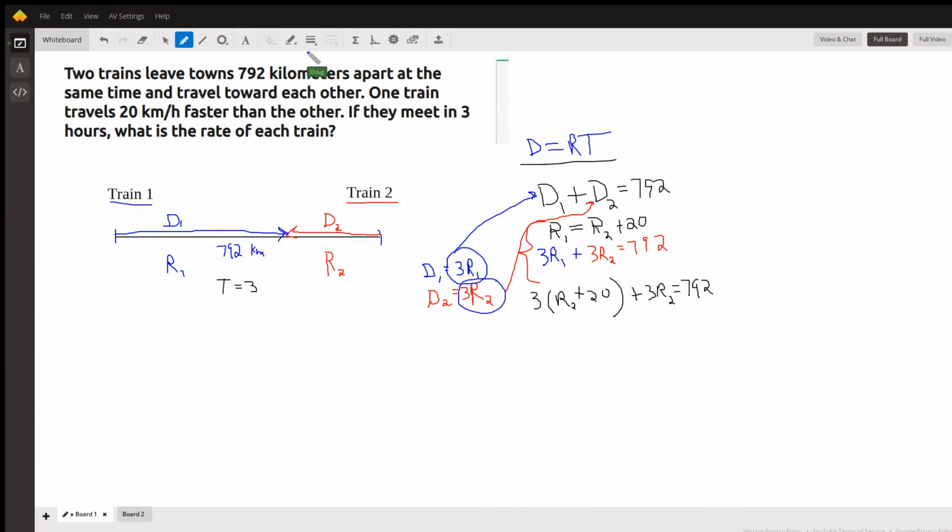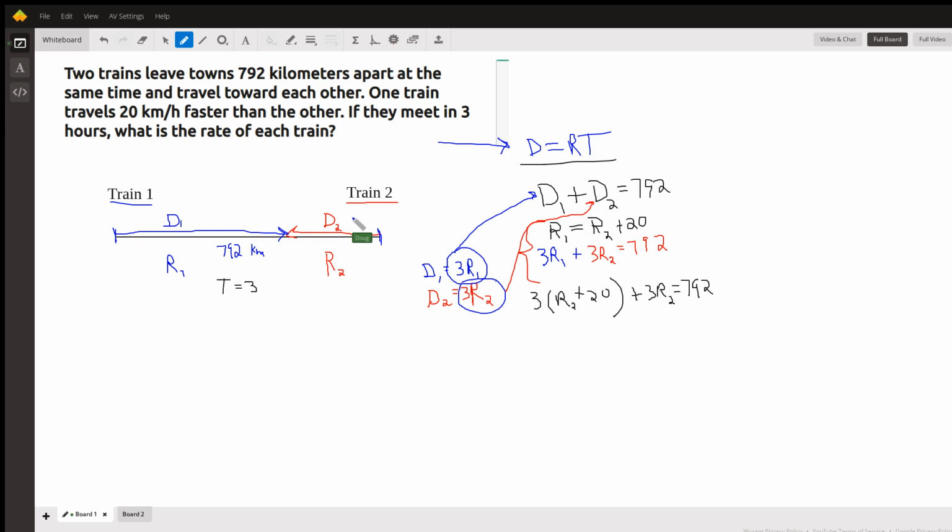Okay, this is a distance equals rate times time problem, so we'll be using this formula right here, but it always helps in these distance rate time problems to draw a sketch. So here's train one, here's train two. They're leaving from cities that are 792 kilometers apart, and they each travel their own distance, represented by d sub